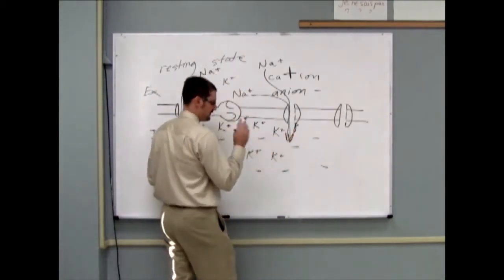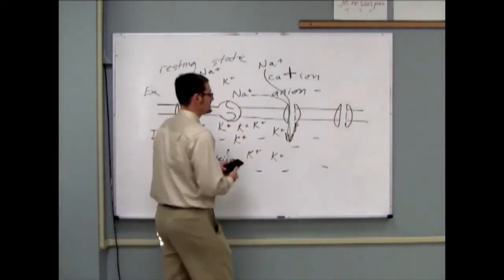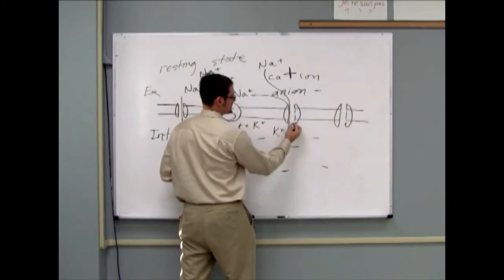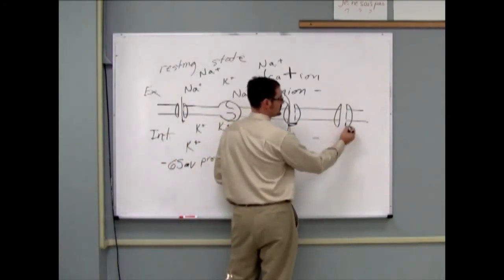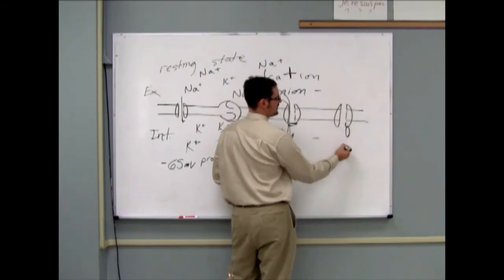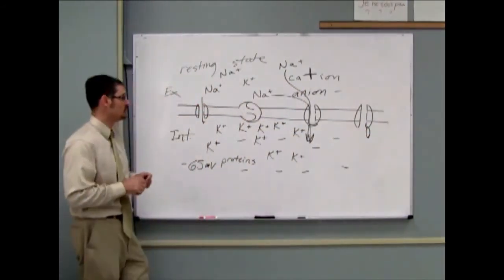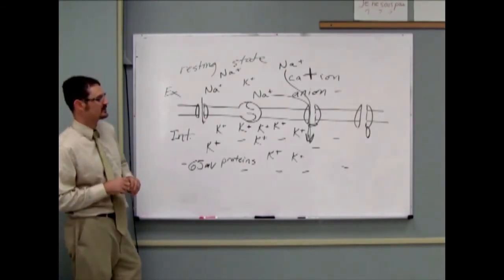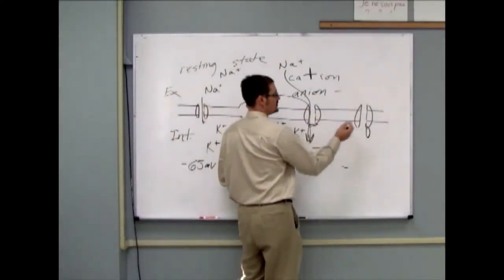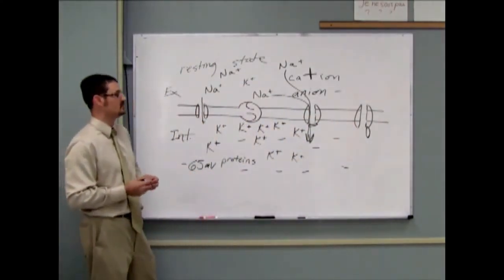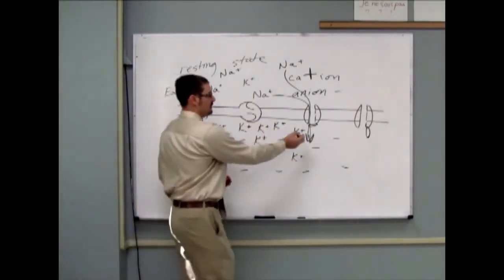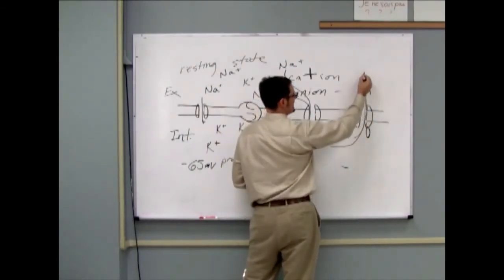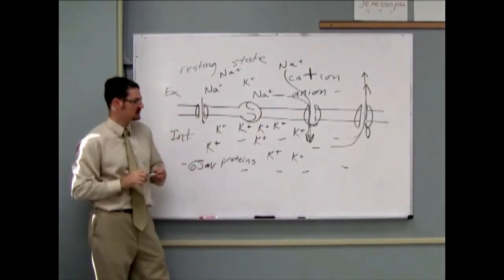And at this point, at positive 40 millivolts, the voltage-gated sodium channels close, and the voltage-gated potassium channels open. At this point, when the intracellular space reaches 40 millivolts and the voltage-gated potassium pump, potassium is driven out. Well, why would the potassium leave the inside of the neuron and go to the extracellular